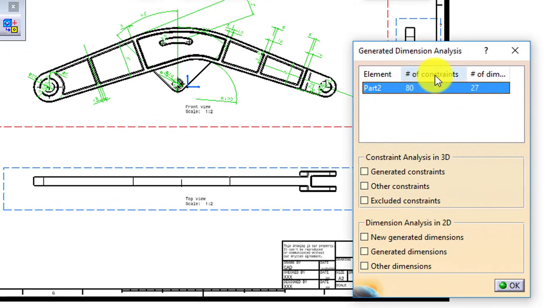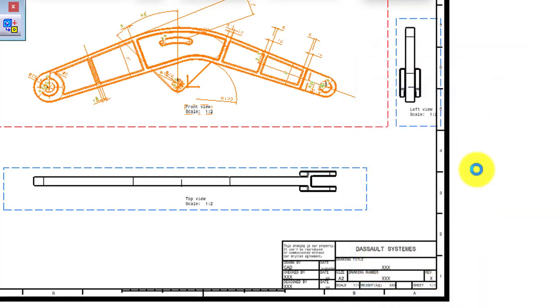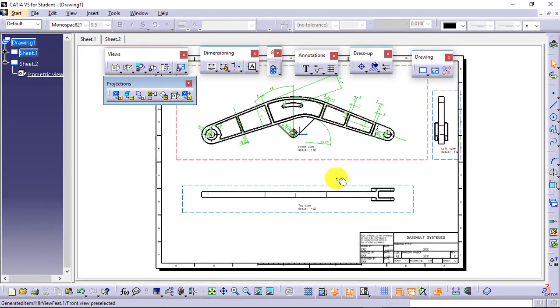You can see number of constraints, and out of that number of dimensions. So total 80 constraints are there. From those 27 dimensions it has detected. I'll say generated constraints and other dimensions, place it. So it will place the generated dimensions which software is actually able to sense in this view from the model.